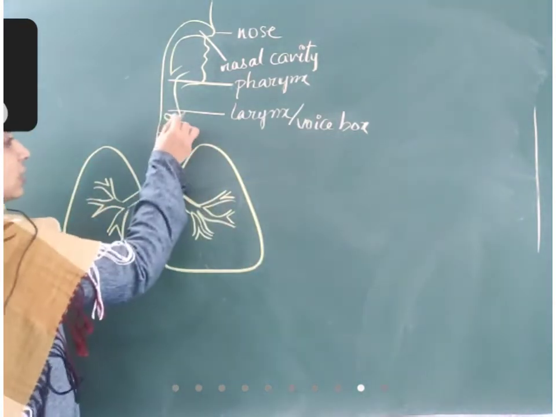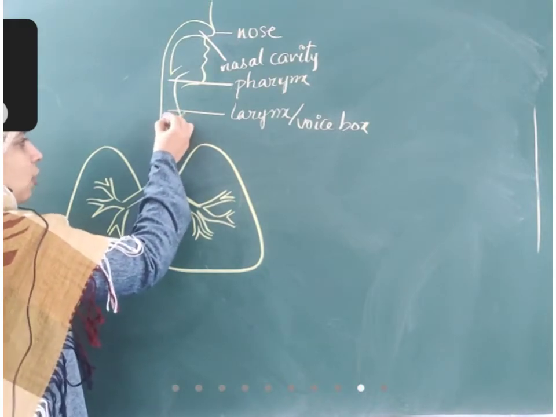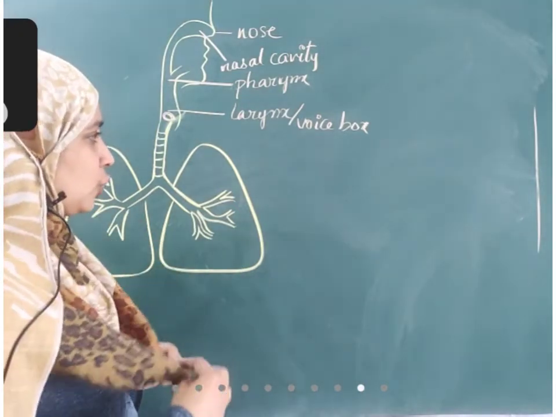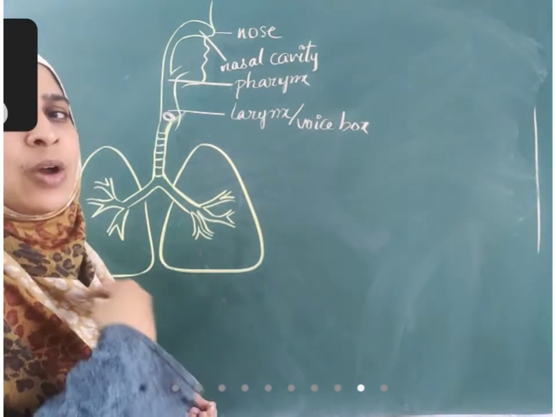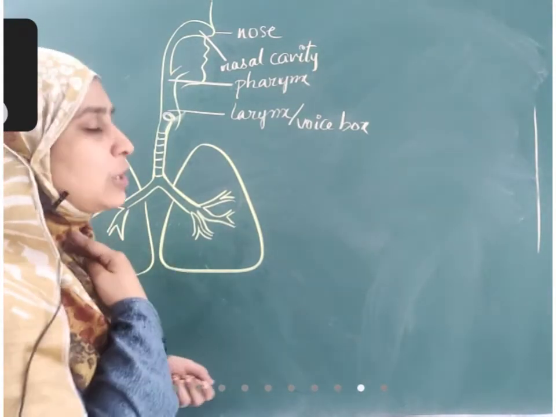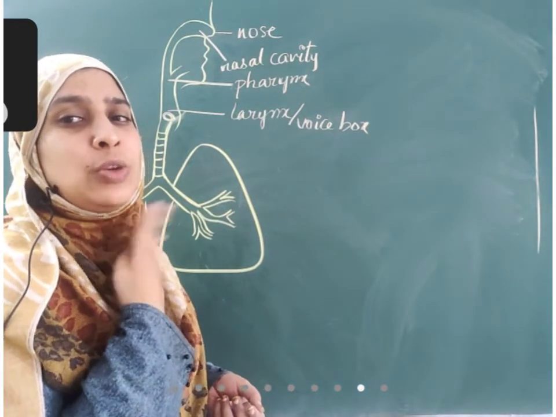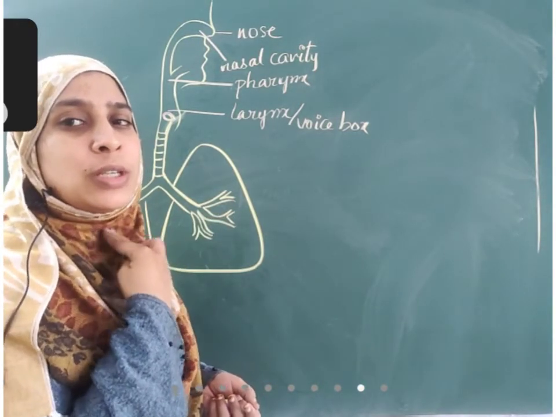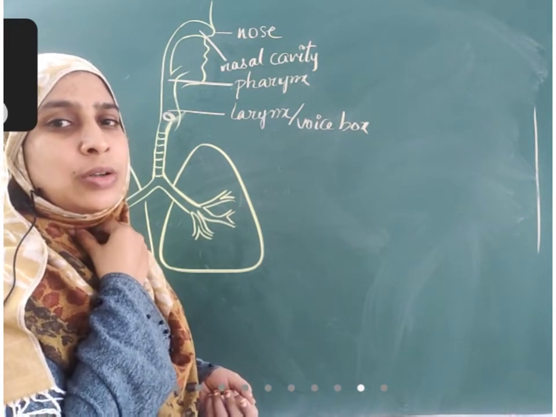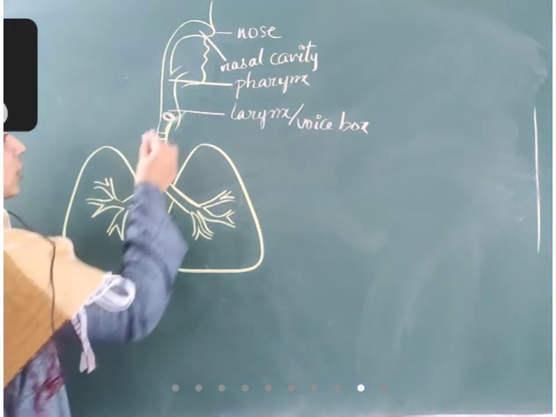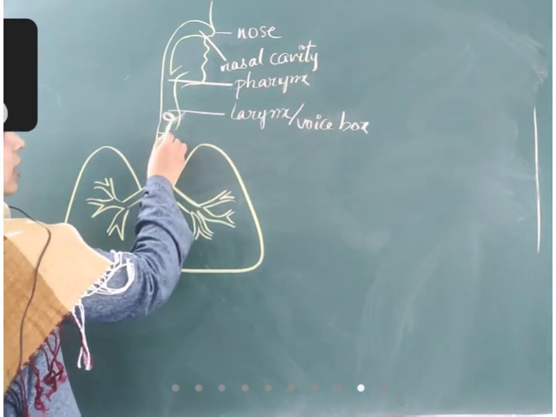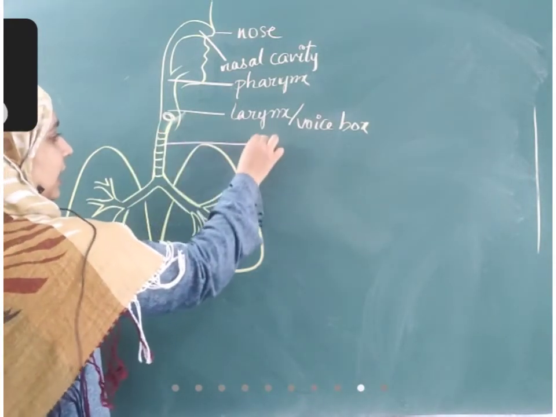In English it is called the voice box because here there are vocal cords. These vocal cords are membranous structures which produce voice. Whenever the air passes through it, voice is produced. You can even observe the vibrations of your voice box when you put your finger on the throat. When you're speaking, you can feel the vibrations of the vocal cords. So the vibrations in the vocal cords cause the sound to come outside. Right? Next one is the trachea.